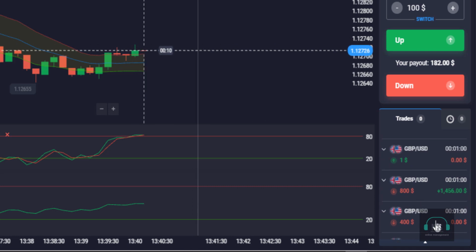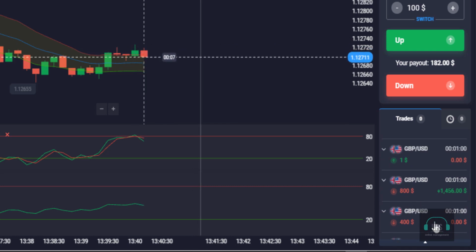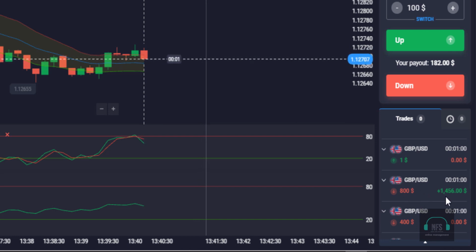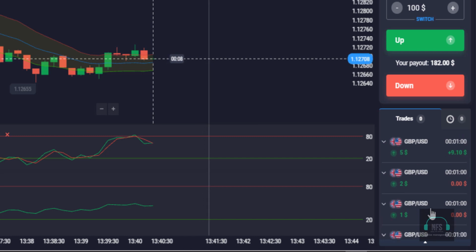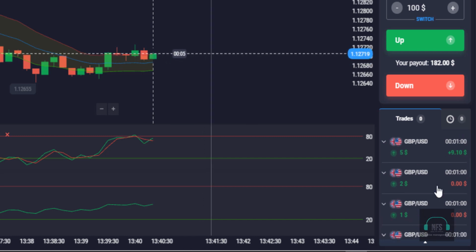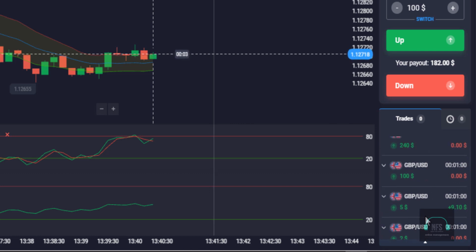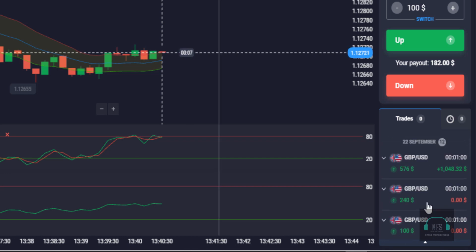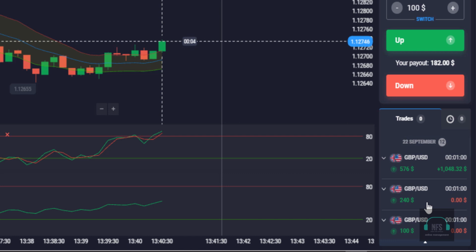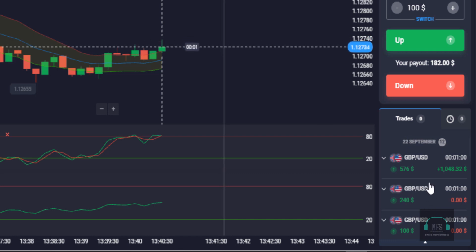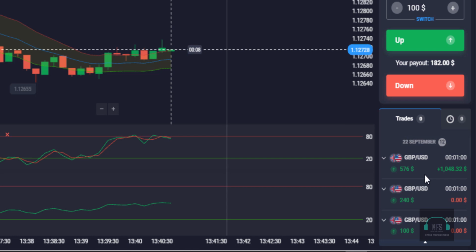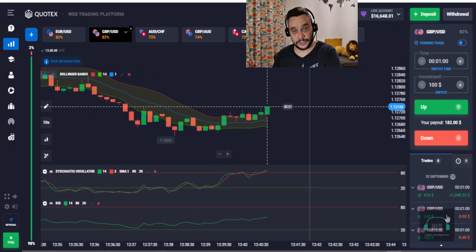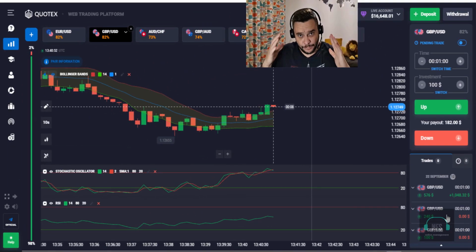GBP USD again, $400 trade. I wanted to recover. This was also a losing trade, and then a GBP USD $800 trade, and this finally was a winning trade. This I tested again with $1 trade, $1, $2, and then the third one, $5 on GBP USD was in the money. GBP USD $100 trade in the money, GBP USD $240 trade out of the money, sorry. And the third one, $576 in the money. Here I tested a new recovery method which I will teach you in this ebook